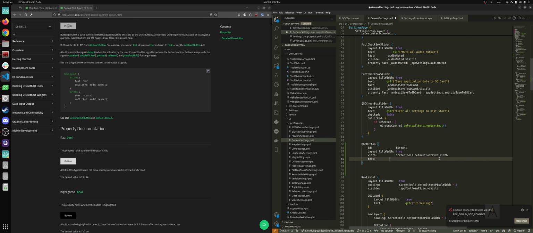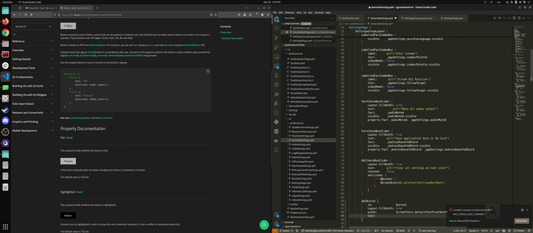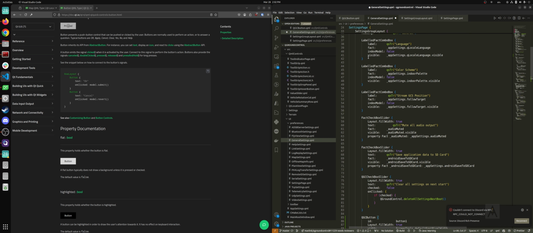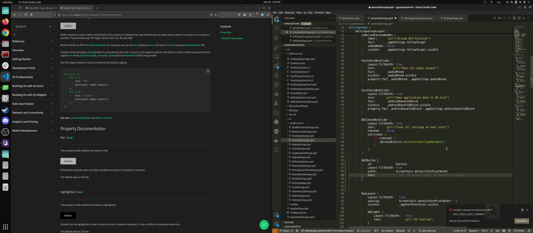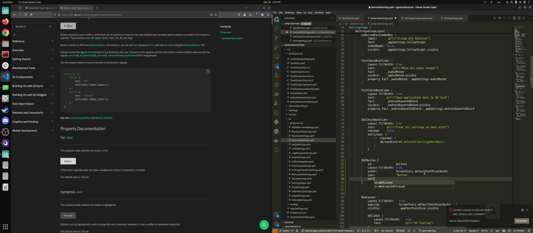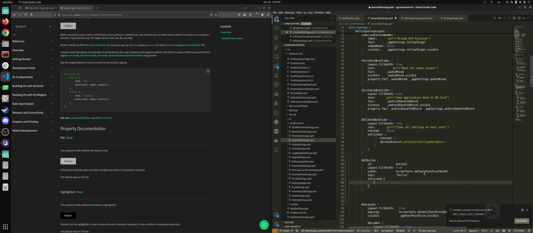Oh, and fair warning, if you're adding something to the settings page, you shouldn't just add a button like this. You should probably do it the same way that it's being done already, or it's going to look horrible. I'm just showing a simple button right now because we have to start out simple, right? So text is button, and we'll say onClicked,